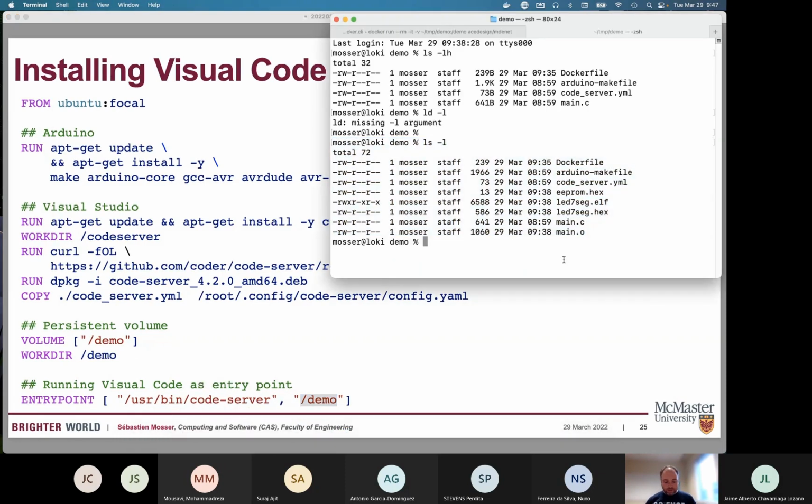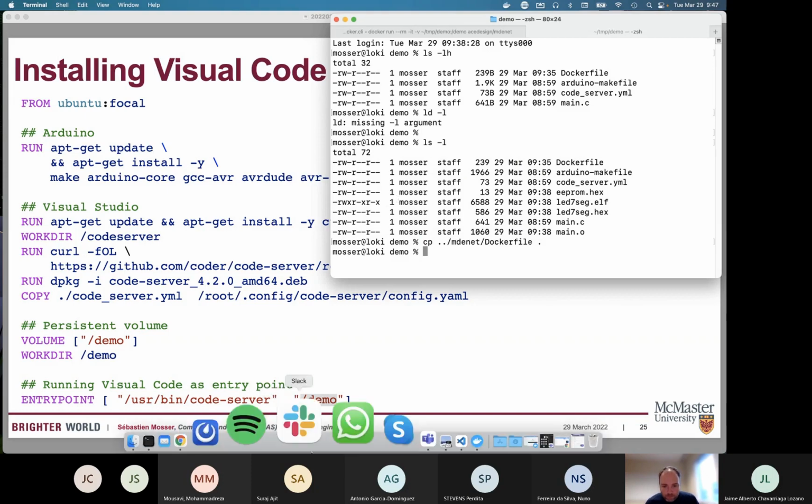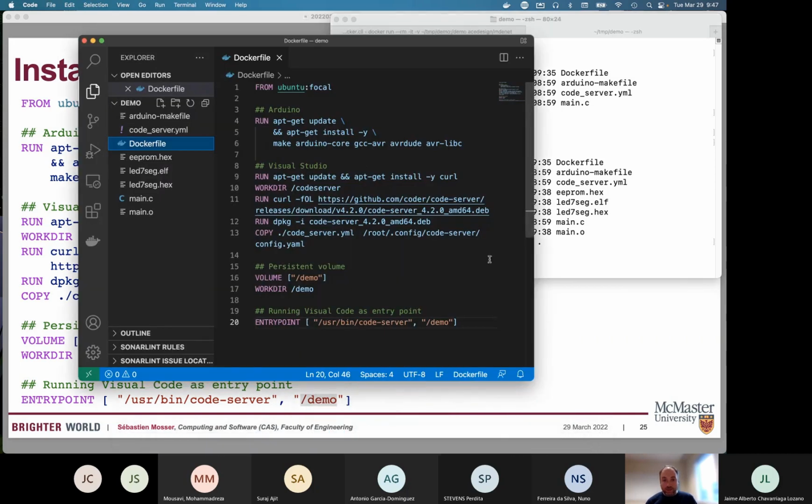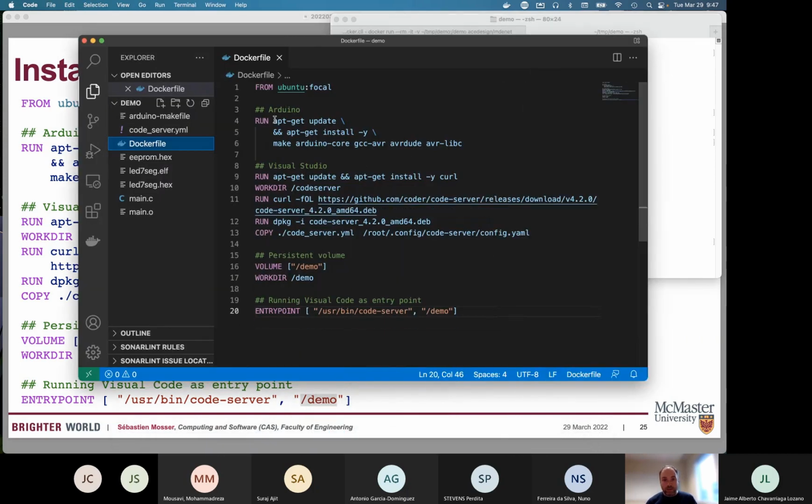I've cheated a little bit, and I'm going to use the Dockerfile that I prepared yesterday, because it will be way easier. Let's take Visual Code. So that's basically what I was showing to you guys, where this didn't change. We use this